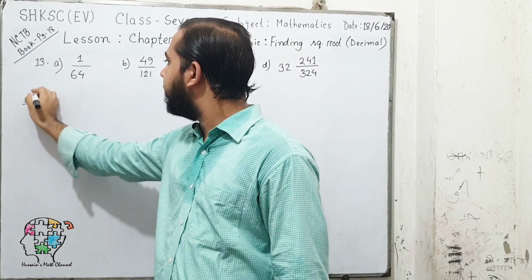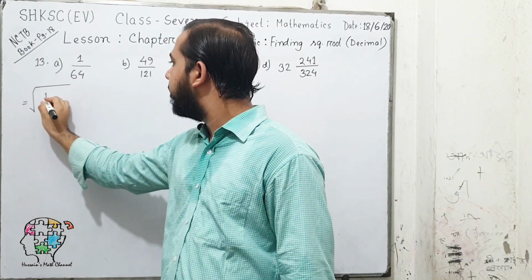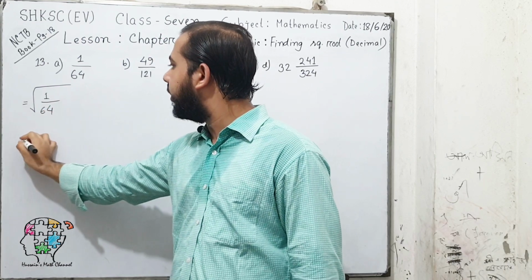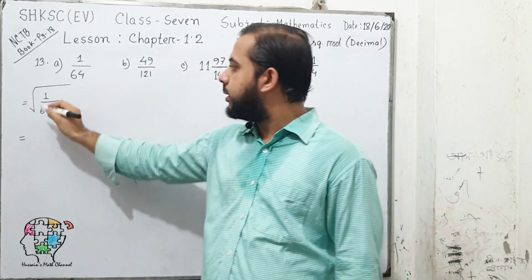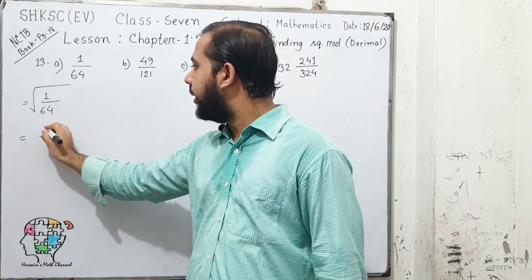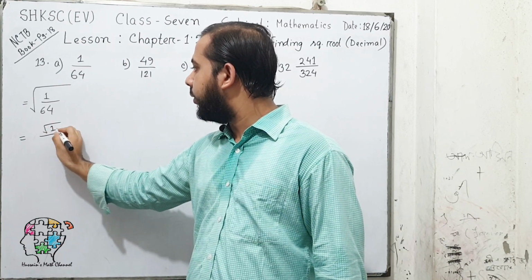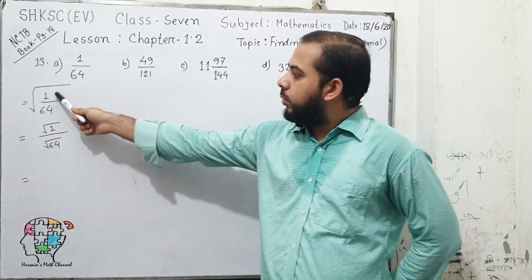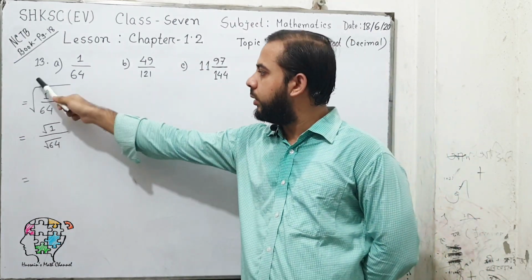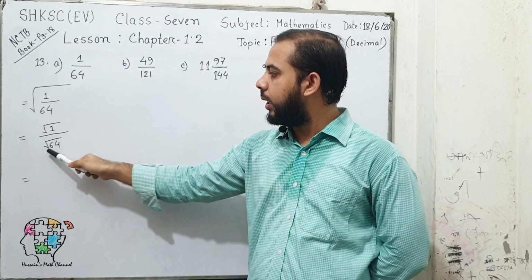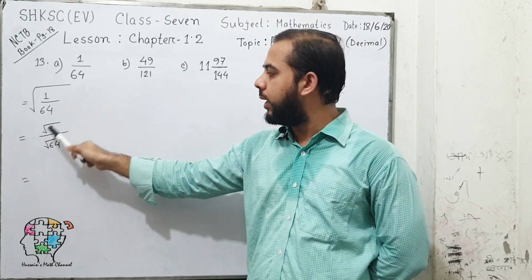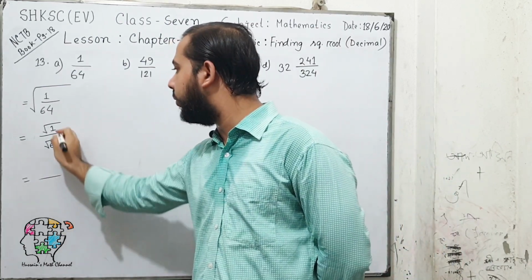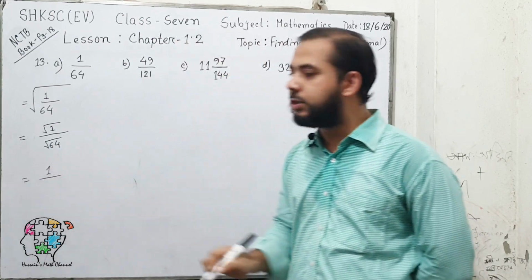So this will be like this, 1 over 64. To find the square root of a fraction, we take the square root of the numerator and the denominator separately. The square root of 1 over 64 will be the square root of 1 over the square root of 64. Now, the square root of 1, you can remember, 1 is a perfect square number, so